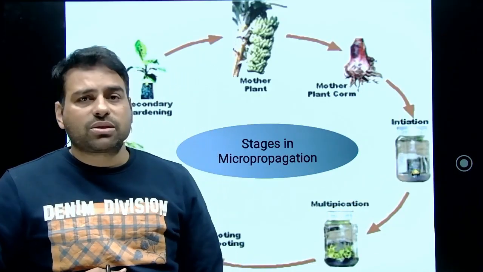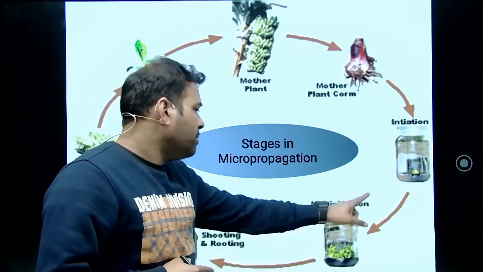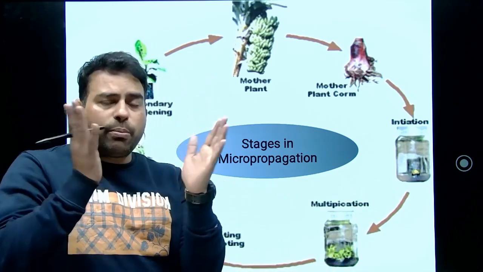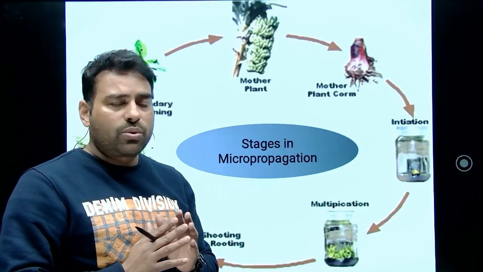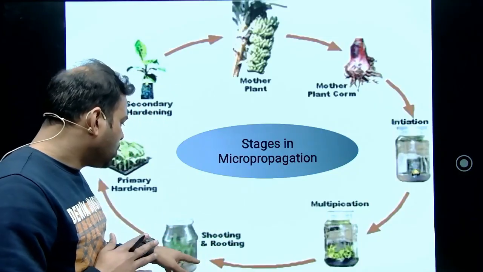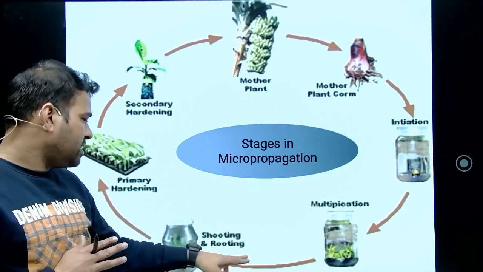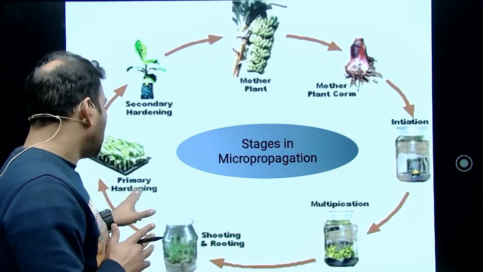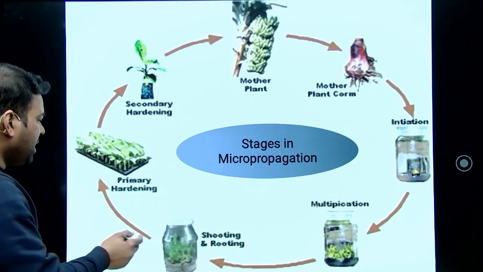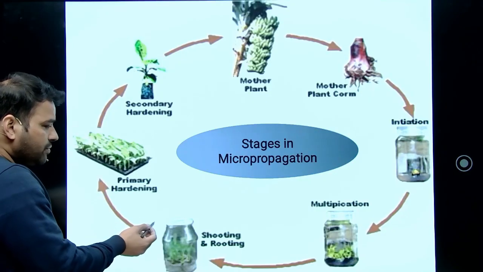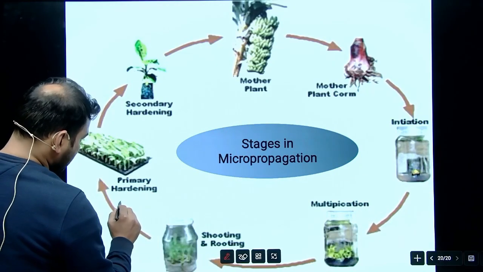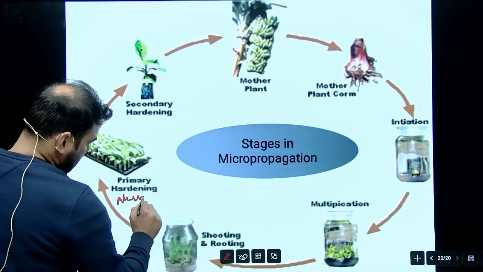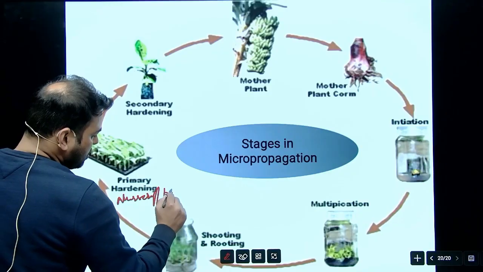This step is called initiation. Then multiplication will be done. More shoots and propagules will arise after 4 to 6 weeks. Then rooting will be there. After multiplication, shooting, and rooting comes primary hardening. Primary hardening means we are transferring the plants into a nursery or polyhouse,